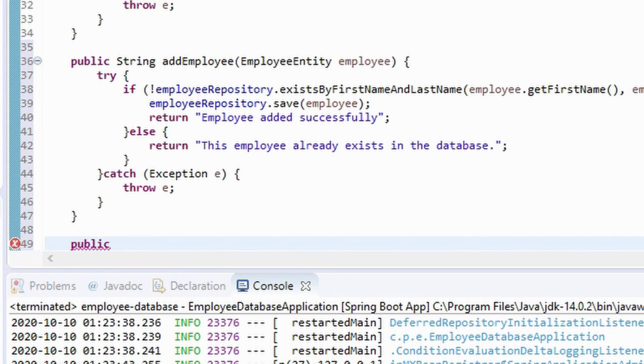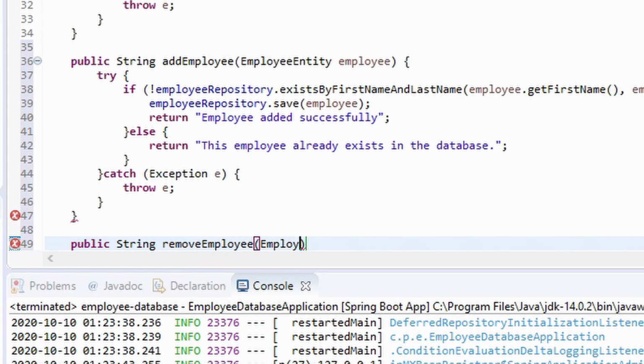Let's create another method, and this method will return string type, and this method is for removing an employee from the database. This will receive an employee entity as a parameter.